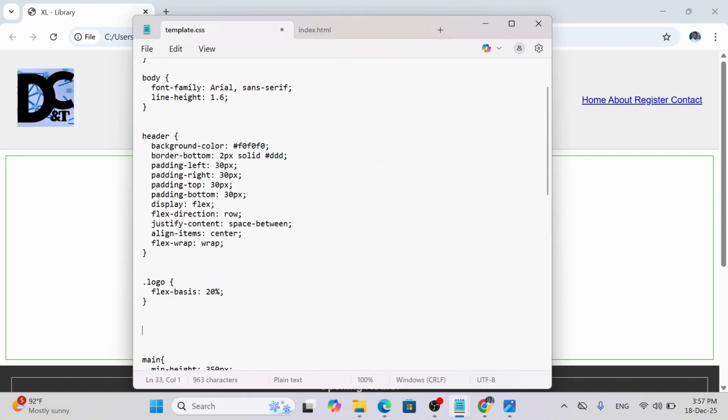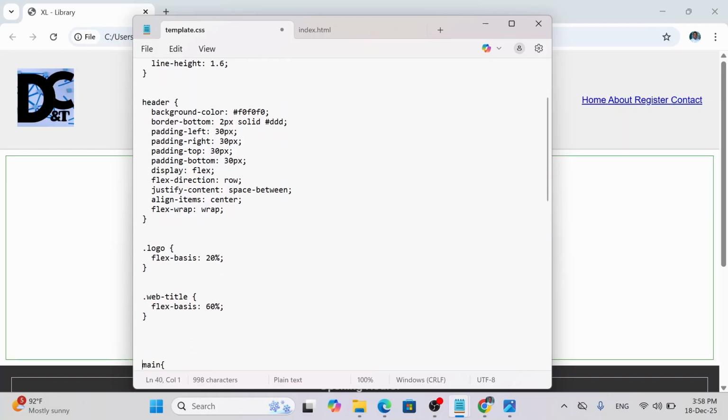And so dot web title, and the flex-basis, I would like it to occupy 60%. And now you can see,